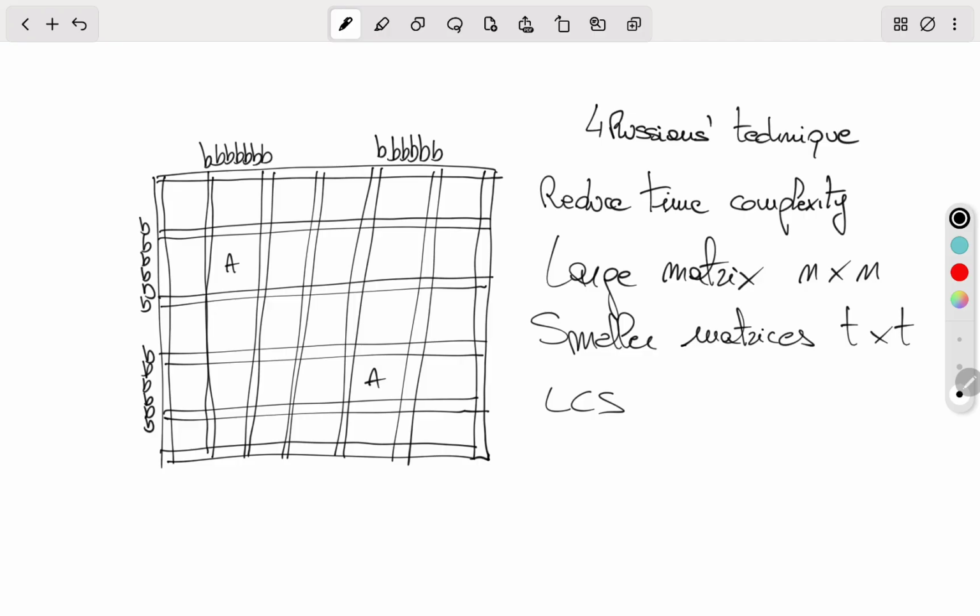What are the elements of this matrix that actually have an impact on the submatrix? That is, okay, I want to compute what is here, in this submatrix. Or put in another way,